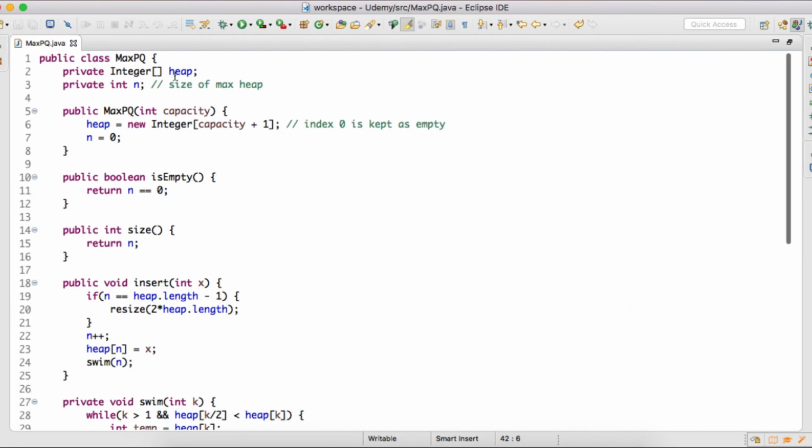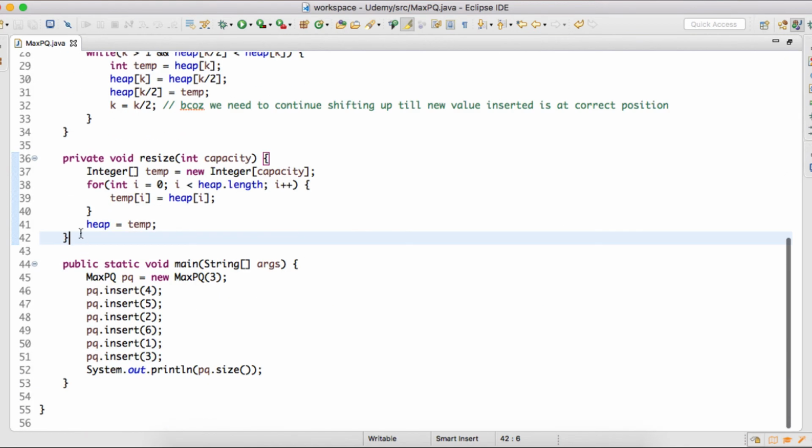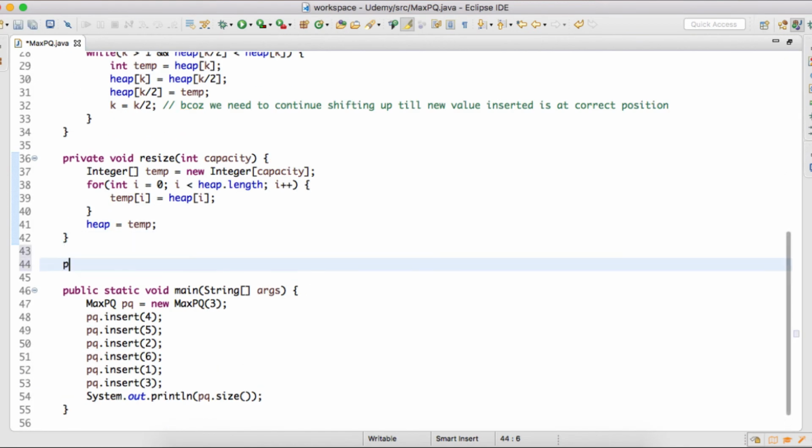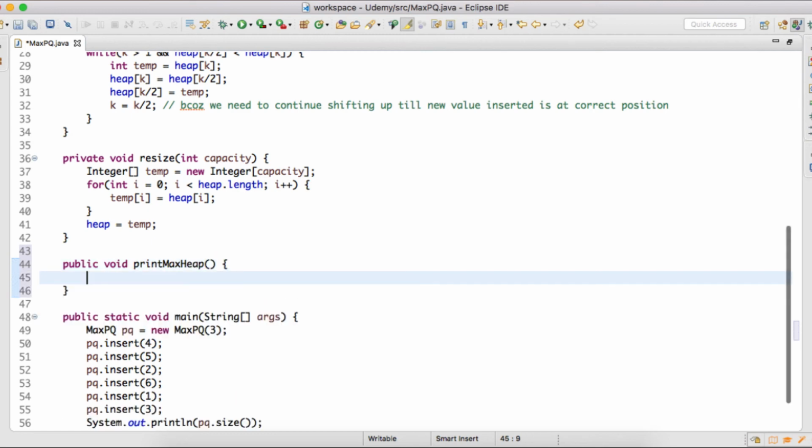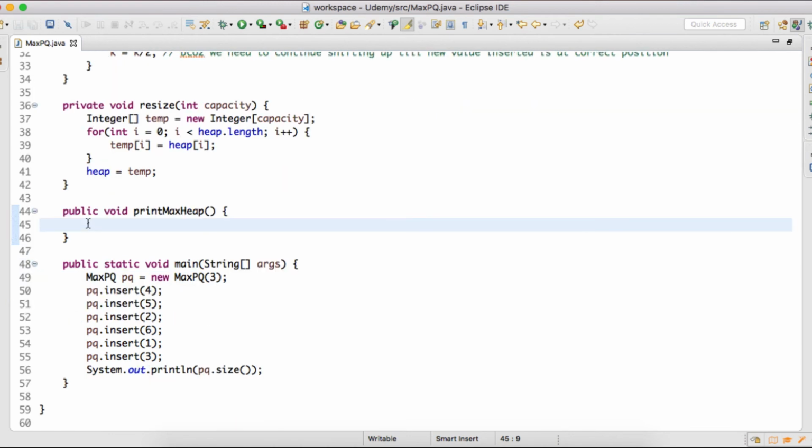Also, friends, if we print this heap array, I will create one method as printMaxHeap. Inside this printMaxHeap method, I am excluding the edge cases.